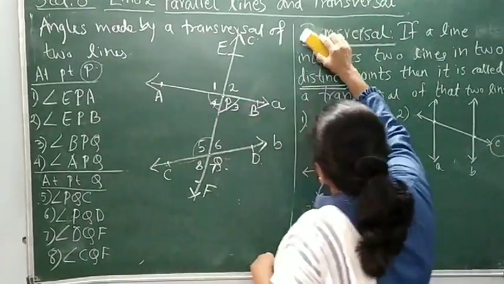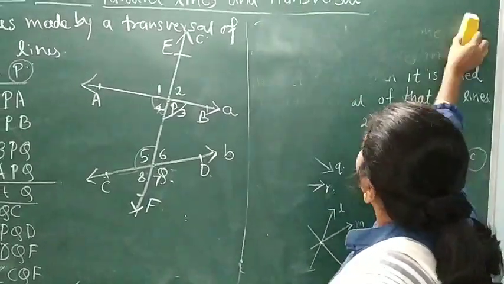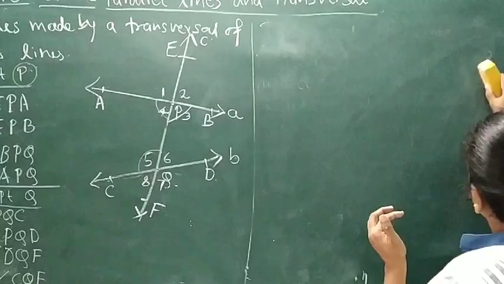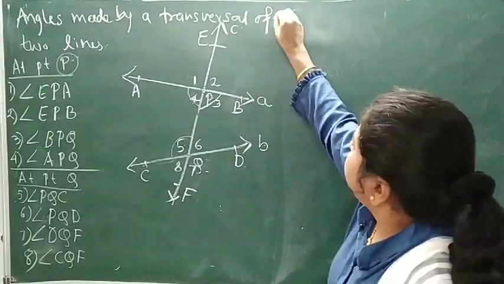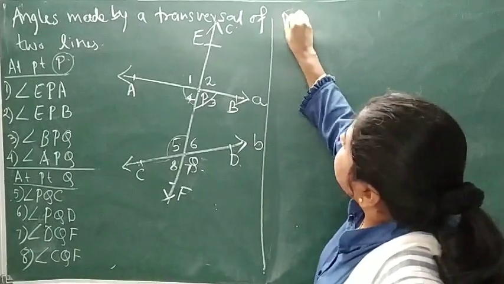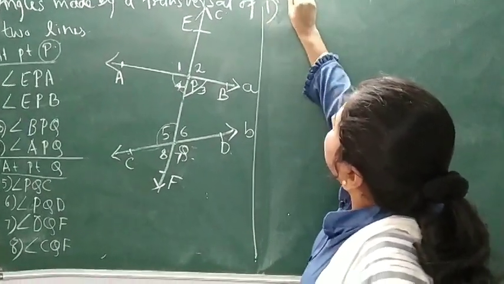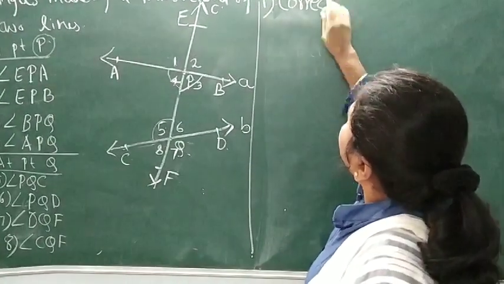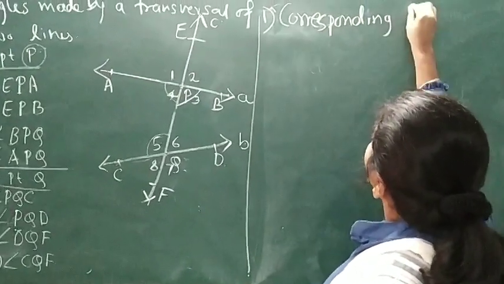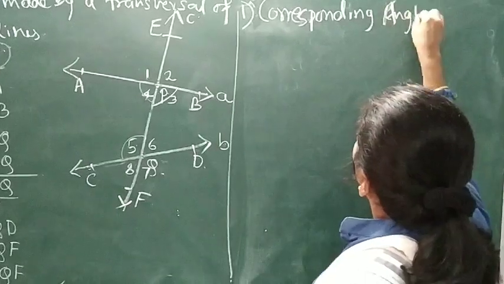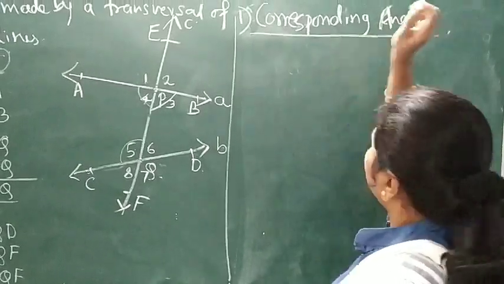What is the first pair of angles related to this? So these are the 8 angles made by the transversal. First we will learn to see what the corresponding angles are. What are the pairs of corresponding angles? Now for corresponding angles, what we have to